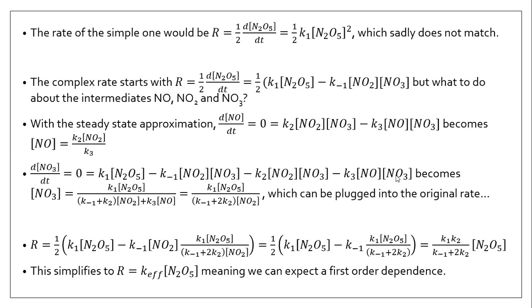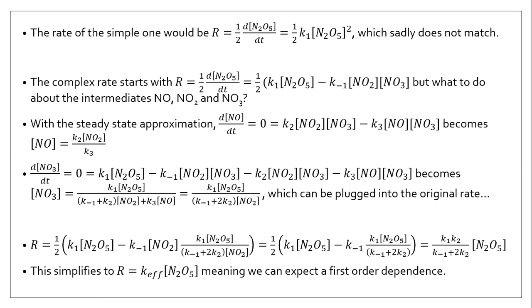So moving all the NO3 terms to one side, factoring out and dividing them back over, we get that the concentration of NO3 is equal to a constant times the original concentration of N2O5 divided by some coefficients times [NO2] plus a coefficient times [NO], which, when we plug in the coefficients for what NO is again,